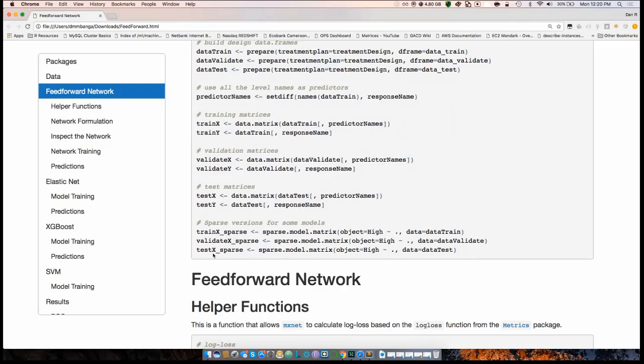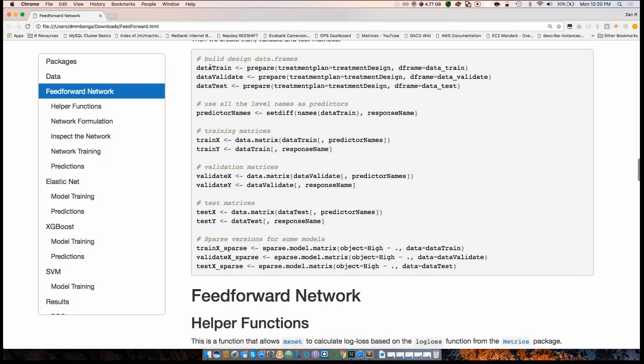So in order to pass data into what we call here the feed-forward network, which is the neural network part of this exercise, there is a good deal of preparing the data and putting that into matrices. Can you talk a little more about that? Yes. So traditional R modeling functions use a data frame and then a formula interface. And this actually won many statistical computing awards for its flexibility. However, a lot of the more modern packages require you to have an input matrix and an output vector, or a matrix itself. And so we're preparing those ahead of time.